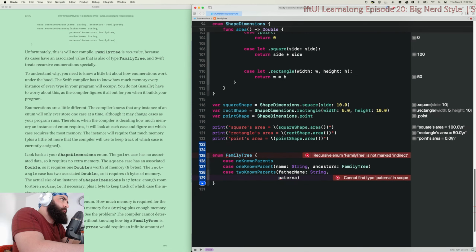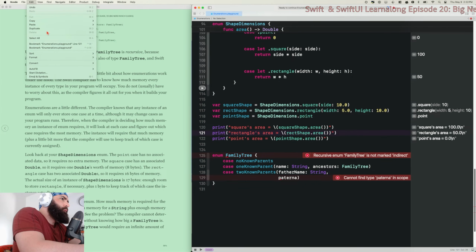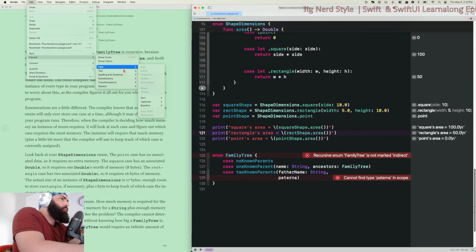Man, I wish I knew why I was doing that. Edit. No, show font, show color.